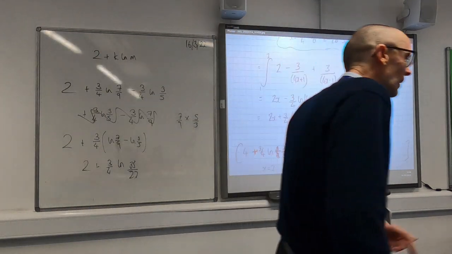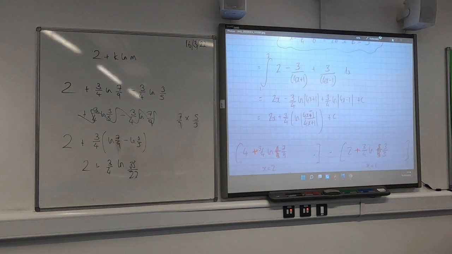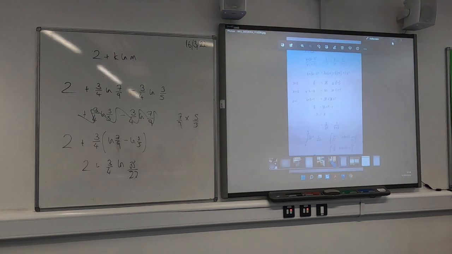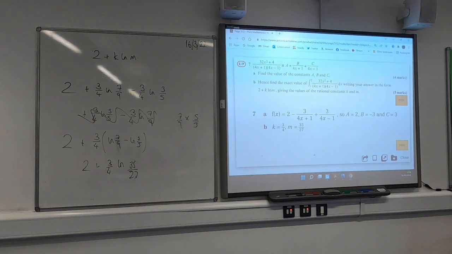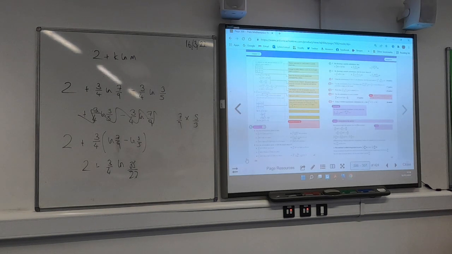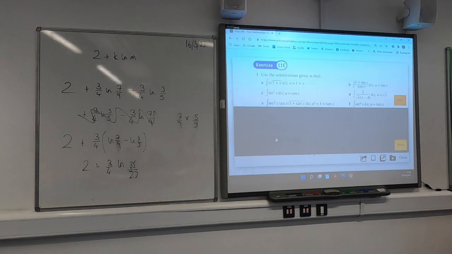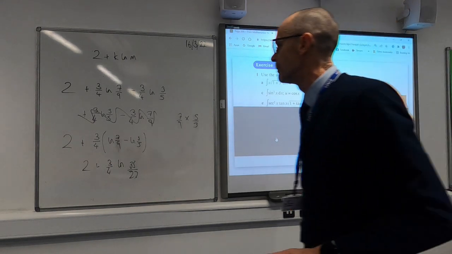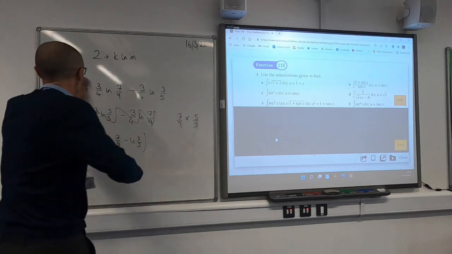Okay. Partial fractions crops up every now and then in integration by substitution, which is where we are at the moment. So let's continue looking at integration by substitution. And I asked you to have a quick go at question 1A, which is on page 7. So we were looking at 1A. So hopefully